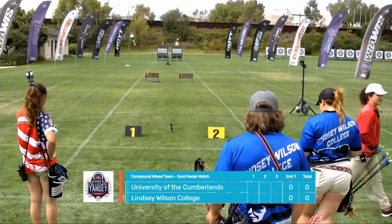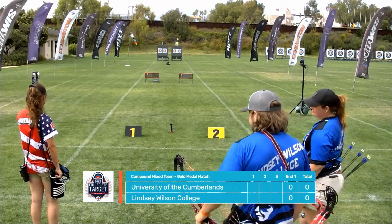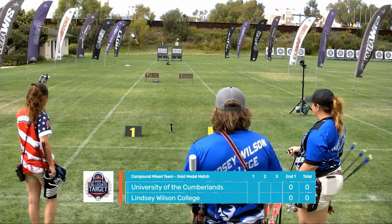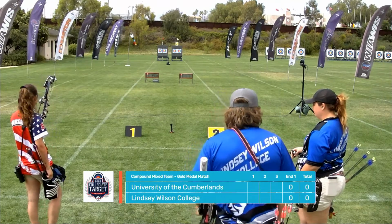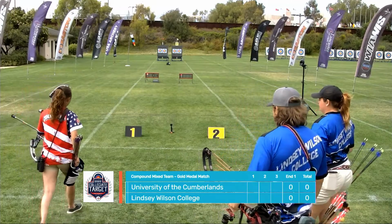Compound archery is done at 50 meters on an 80-centimeter face. As you can see, these guys are going to have stabilizers and sights that they're able to move. They can move those throughout the match whenever they want. That makes it a little bit different from